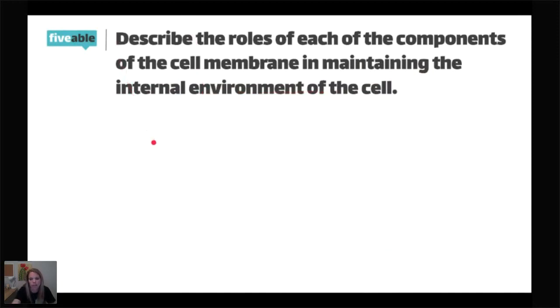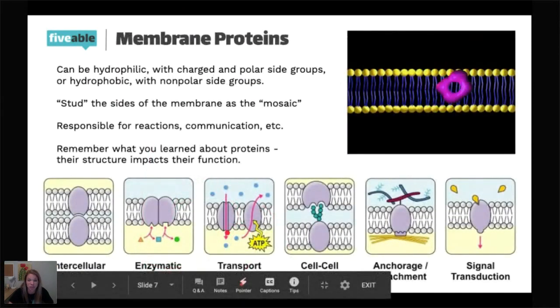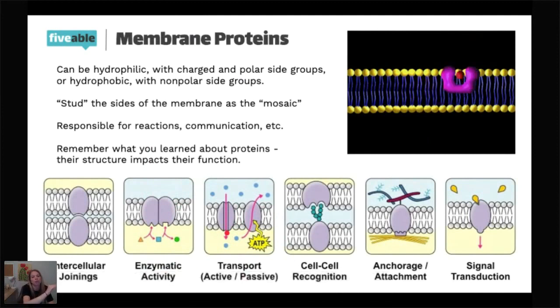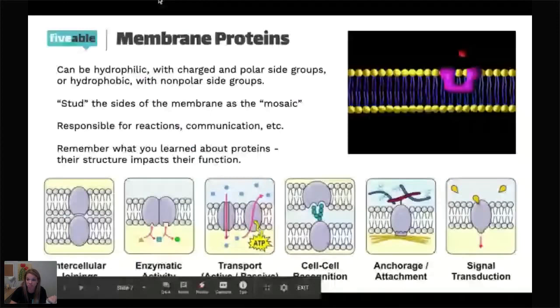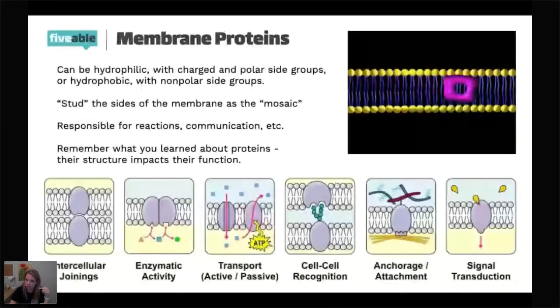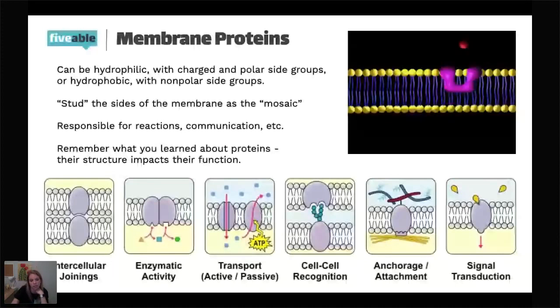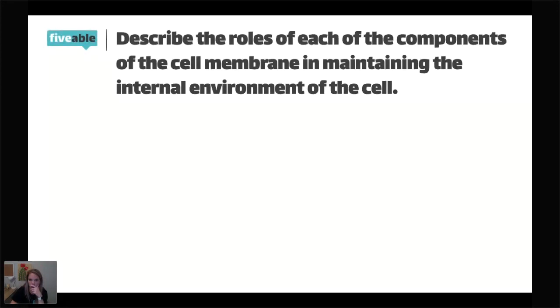We're also going to have these proteins that, let's say there's not enough water, those aquaporins will let in more water. Or maybe there's too much and your cell is actually swelling. It'll take some of the water out. There's also going to be channels that move ions and keep your concentration at a certain level. You ever had your blood sugar tested before? If that gets off too much, too high, or too low, that's not good. And so we have channels that make sure that glucose can get in and out of our blood and maintain a certain level. We have proteins for that. We have cholesterol for maintaining temperature. All of these are extremely important. I'm going to go ahead and move on